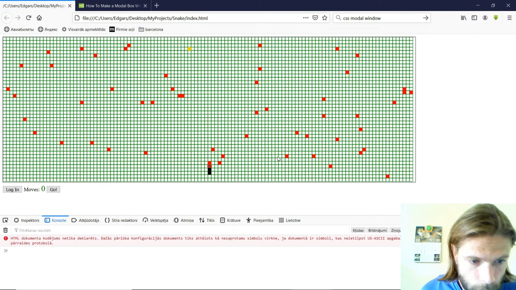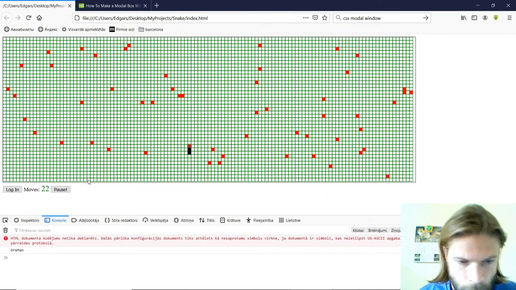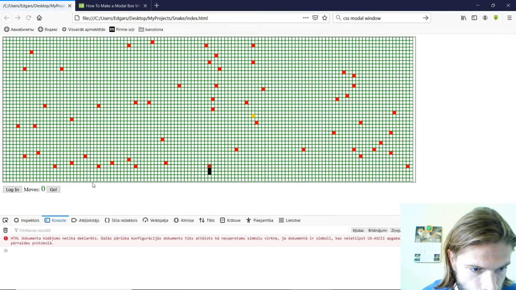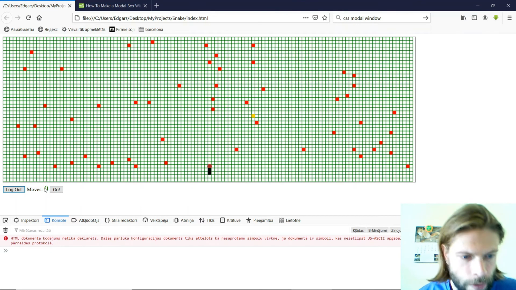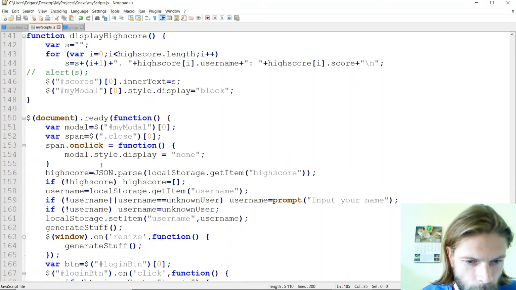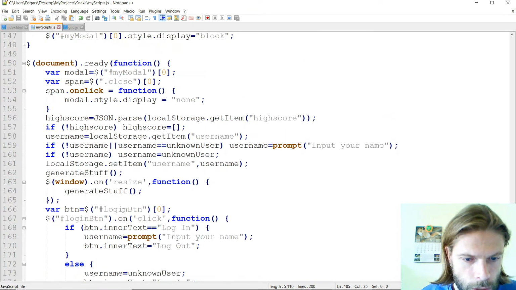So let's do it. So now I should have the same username actually, and that is this. So let's start another time, login, and actually I wanted to log off because I already have a username now. So let's change this thing. So this